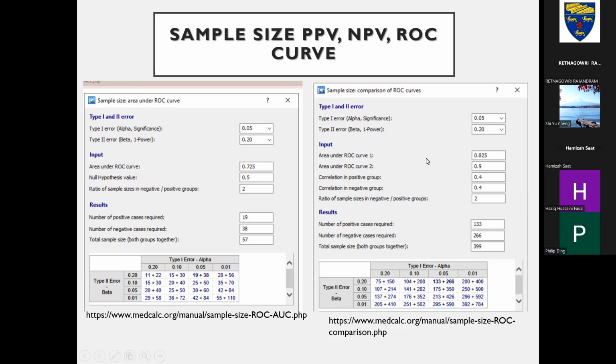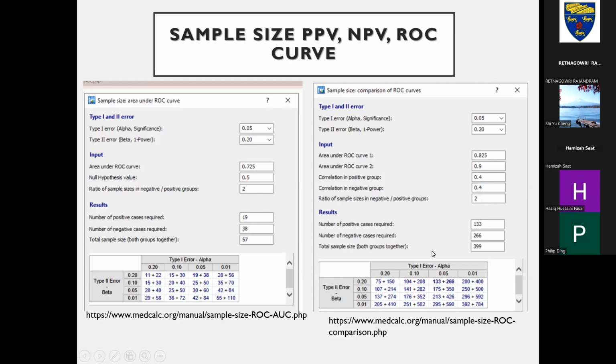Now, as you already know, some things are fixed. Things which are fixed are your type 1 and type 2 error. What you need to key in is what is in the input. Okay, and this is where you need your reference paper. Then what it comes out with is based on what you key in here. So you need to have reference paper for these things. This one is fixed. You don't need to do anything with that.